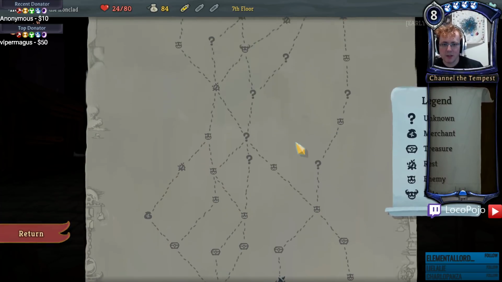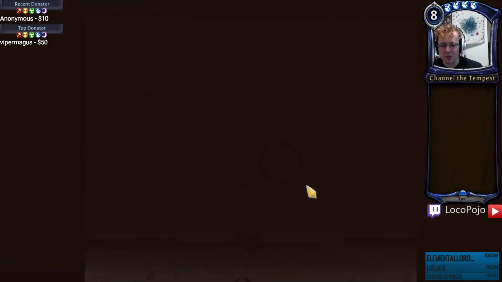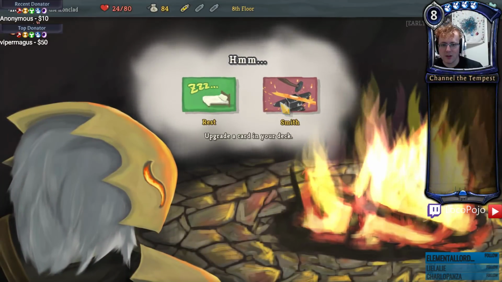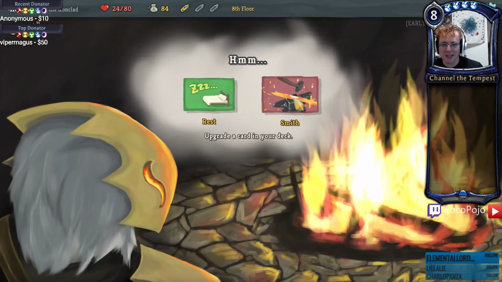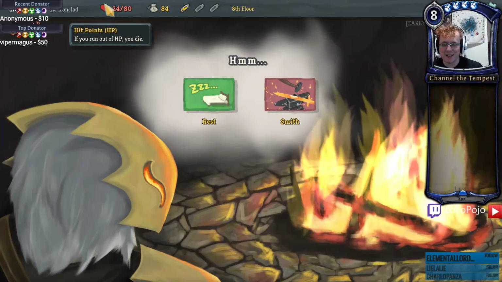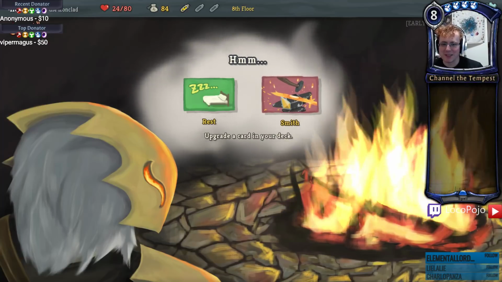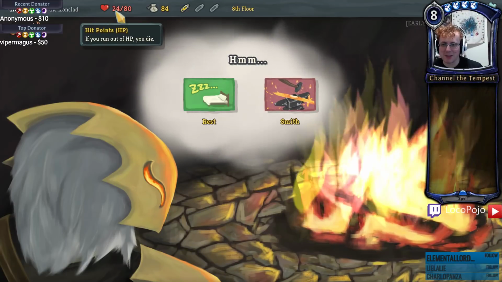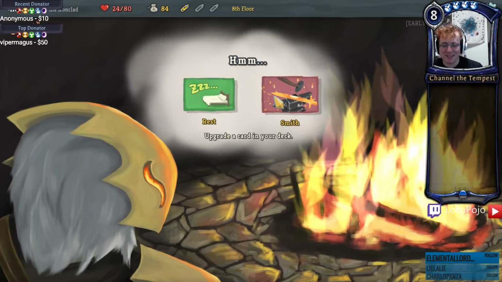Alright. This seems like an opportune time to take a rest. I'm at 24 out of 80 health, so a rest would be appropriate. Oh, okay. That's interesting. Man, smithing would be really fun. I am, at heart, a huge greedmonger, so this is tempting. But I think I need to sleep here, because I've got no...